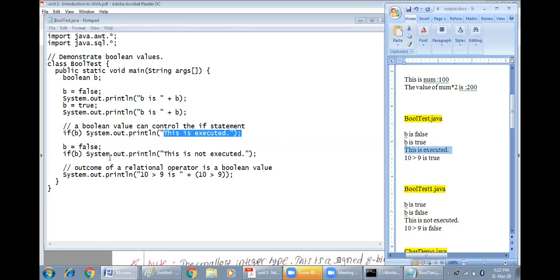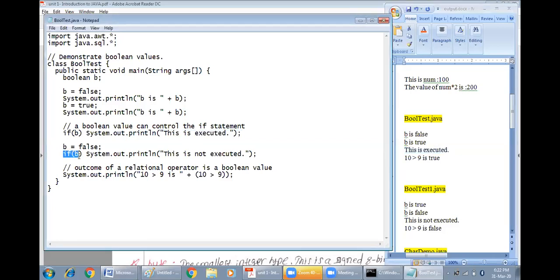Now after printing this statement, next we are assigning the truth value false to b. So again this condition will be checked. The outcome of this will be false. Why? Because now b has a truth value of false. So this whole thing will become false. Once the if condition is false, we know that the statements within the if statement will not execute. There is only one statement within the if statement, this one. So this will not get executed because the truth value is false. So this statement will not get printed in the output.